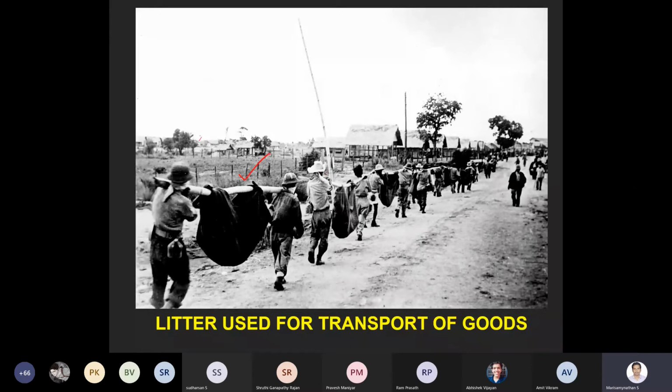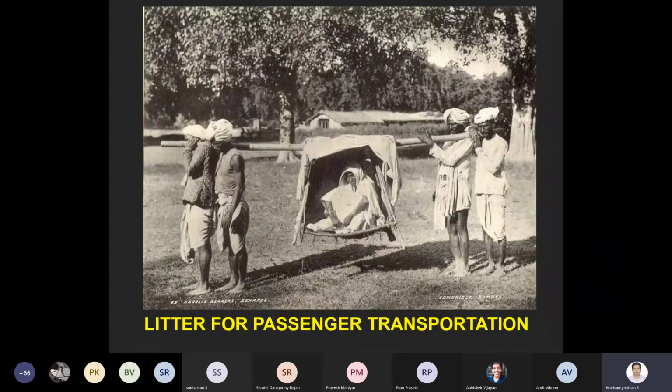The same concept was adopted for the passenger also. Whoever is not able to walk might be using this kind of litter facilities for the passenger also. In old epic movies, you might be seeing how things were happening,